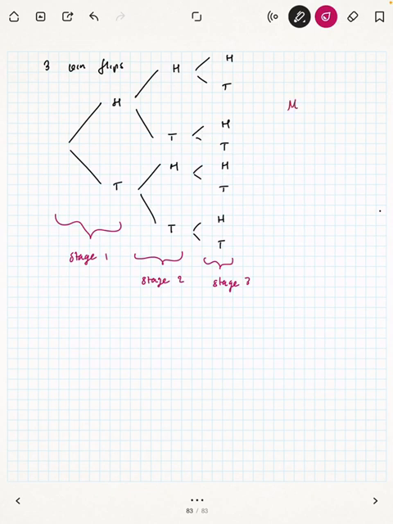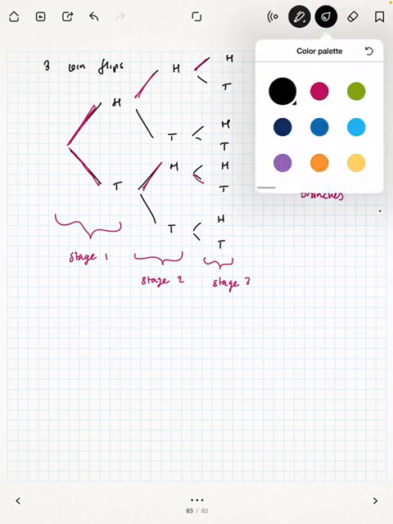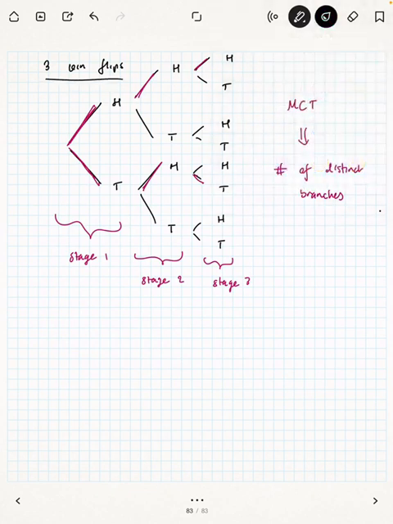And the multiplication counting principle tells us the number of distinct branches. So here's one, the HHH branch, which is all 3 landing on heads. Here's the THT branch, so tails followed by heads followed by tails. And each outcome has a distinct branch attached to it. Just like with the first experiment we were looking at, and then there was the book selection experiment,